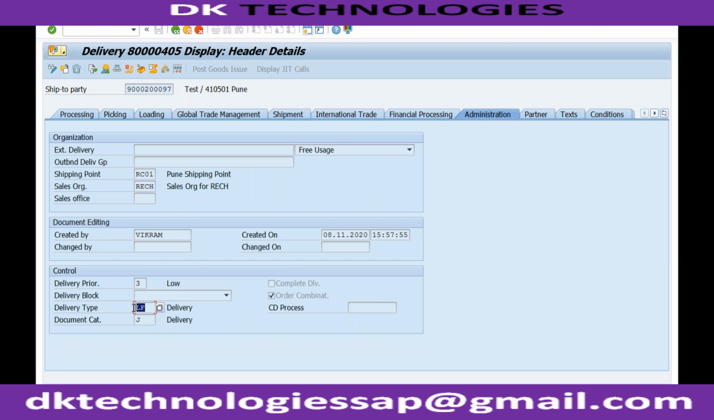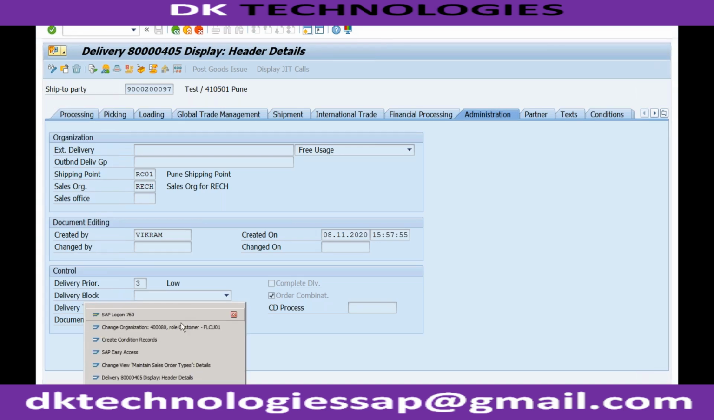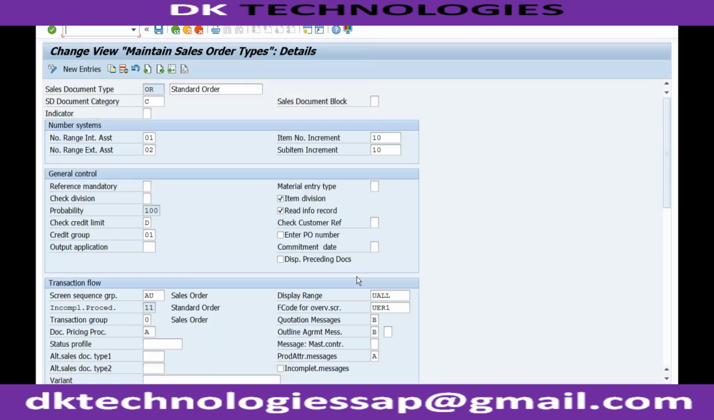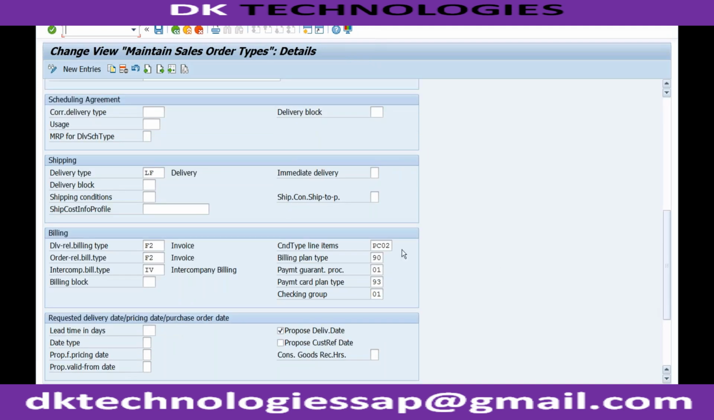How does the system know? How did the system determine that the delivery type is LF? There are many delivery types created in the system. How did the system determine the delivery type for this particular order is LF? In sales document type. So for each and every combination of order, let me show you. If you go to the sales document type configuration, this one, and come to the delivery related tab, you will be able to see the delivery type is